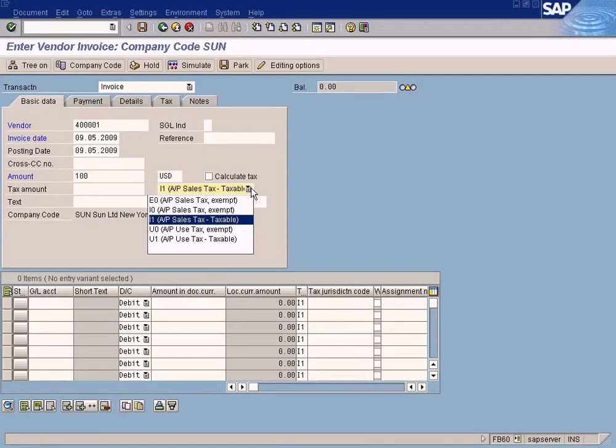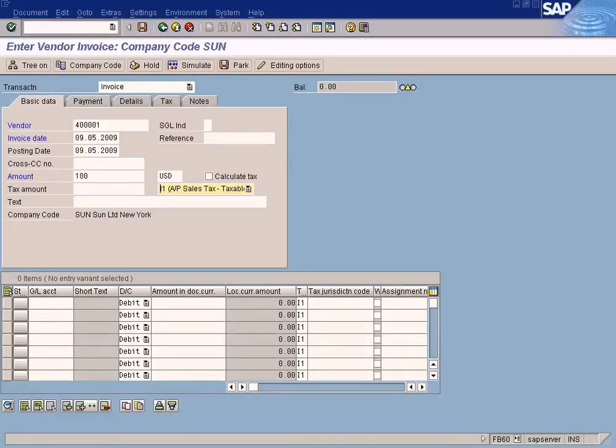Tax codes meaning predefined tax codes by the consultants. These tax codes will determine two things. The first thing is the tax rate, and the second one is the tax account to which the computed tax amount should be posted to.